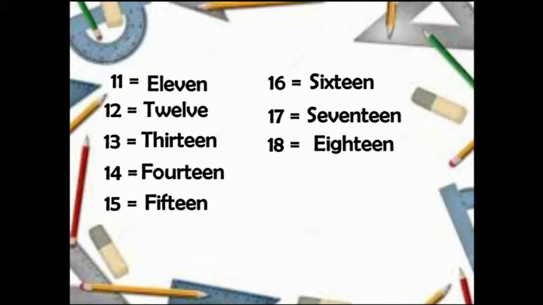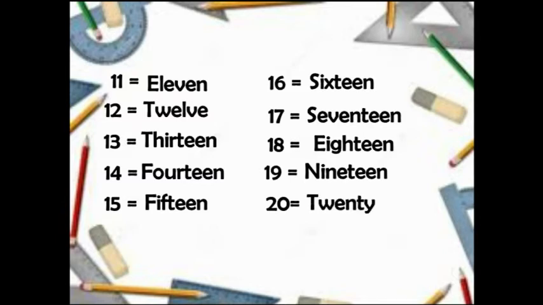E-I-G-H-T-E-E-N. Another one is number 19. And the spelling of 19 is N-I-N-E-T-E-E-N. Another one is number 20. And the spelling of number 20 is T-W-E-N-T-Y. Next, we have the number 30. And the spelling of 30 is